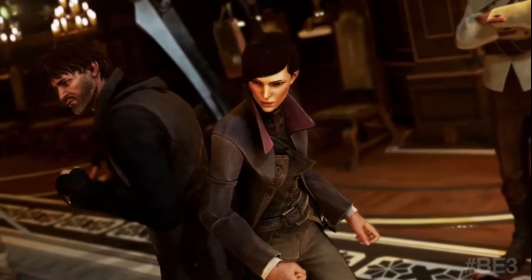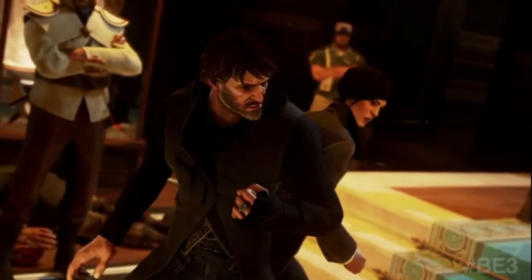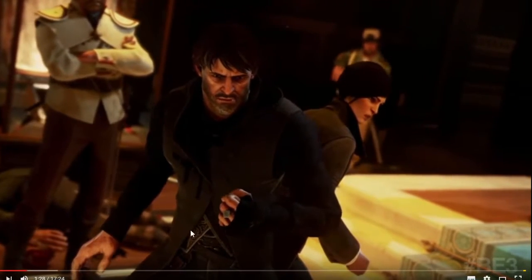When an otherworldly usurper seizes the throne, the fate of the Empire is left hanging in the balance. Dishonored 2 offers you the choice of playing as Empress Emily Kaldwin or the Royal Protector Corvo Attano. Emily and Corvo are both...